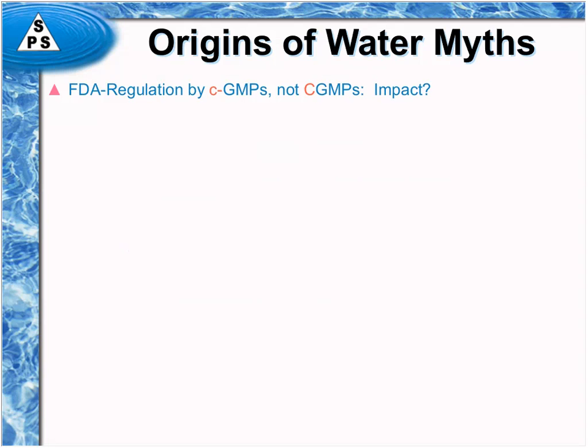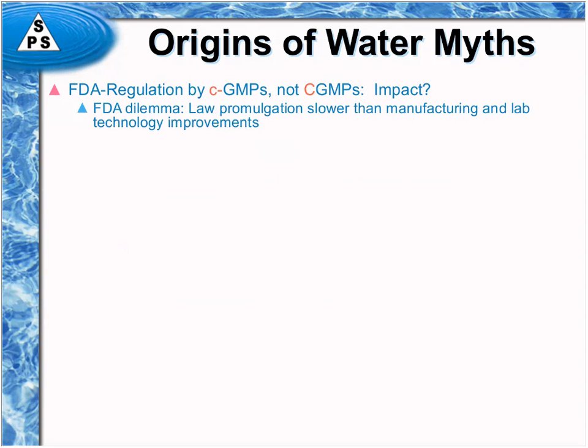The big C GMPs are the actual 21 CFR 210 and 211 regulations. The little c GMPs are what FDA interprets as the current expected practice. And part of the reason that this evolved was that, and it was not the original intent, by the way, the original intent was that the laws would be changed as technologies were developed and better manufacturing practices were able to be used. But they didn't realize that it literally takes an act of Congress to pass laws like